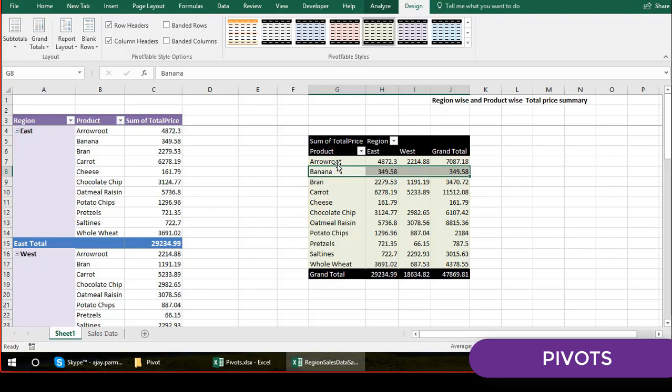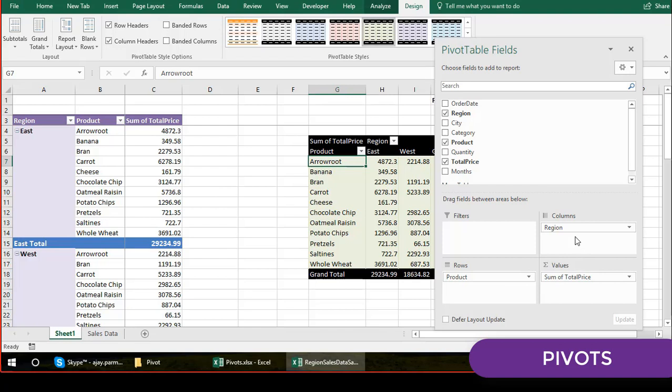So that's how we make the pivot. Now if you are not happy with this and you want to change the order, let's say I right click on it and say show field list.